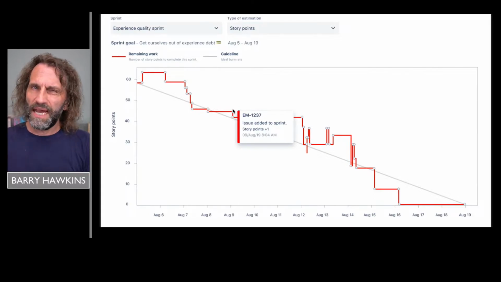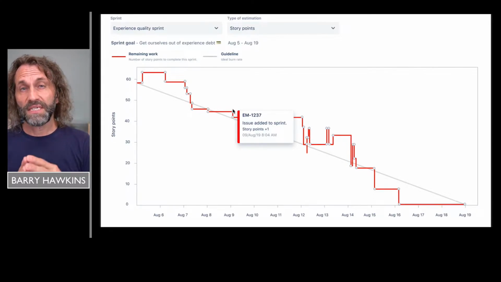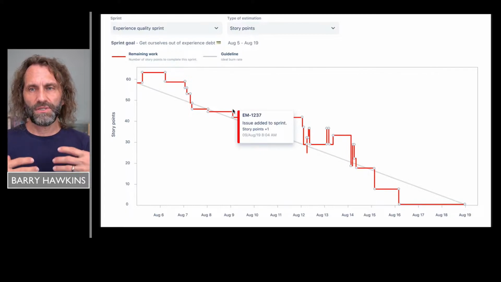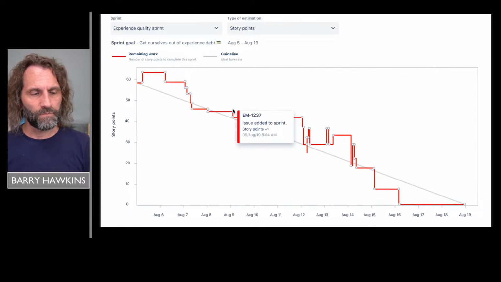Use taskable hours, not story points, if you want a burn down chart to serve its intended purpose for you. All right. Next,